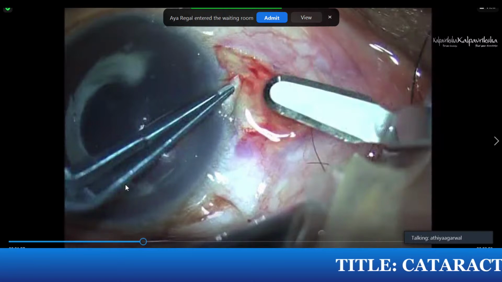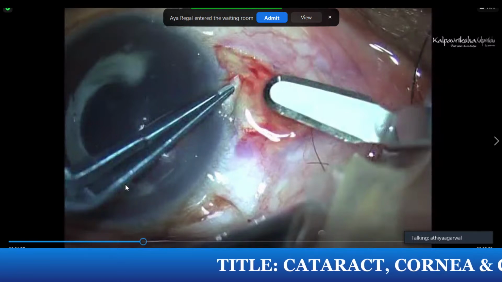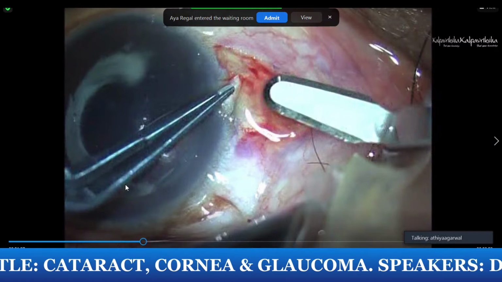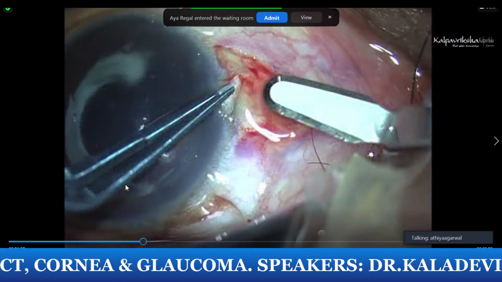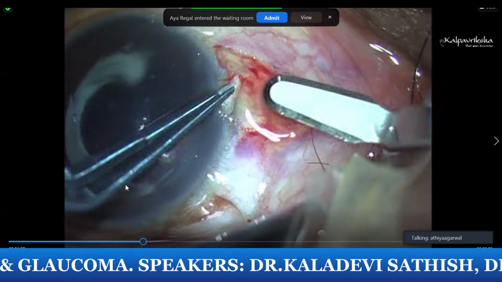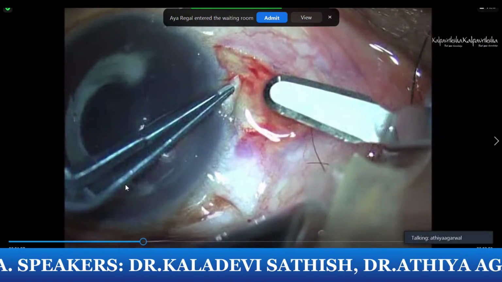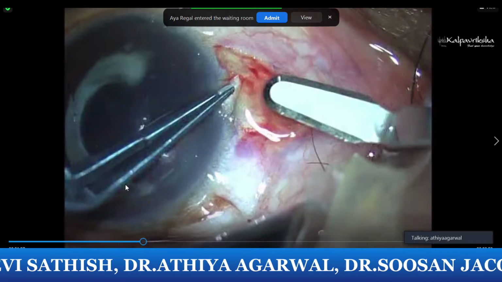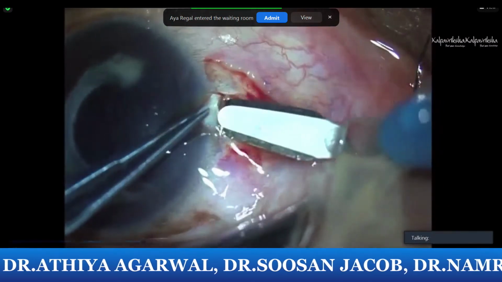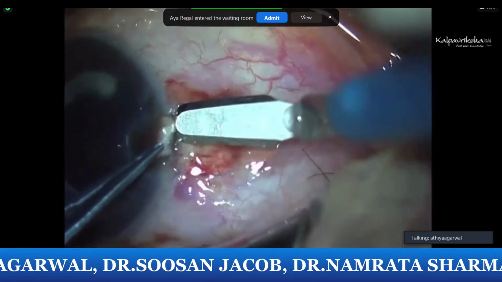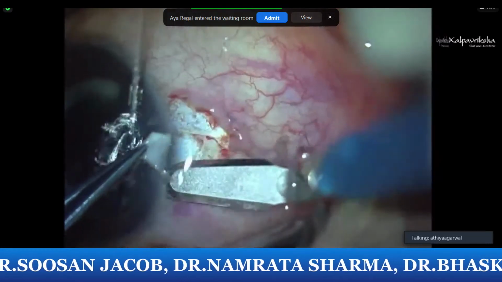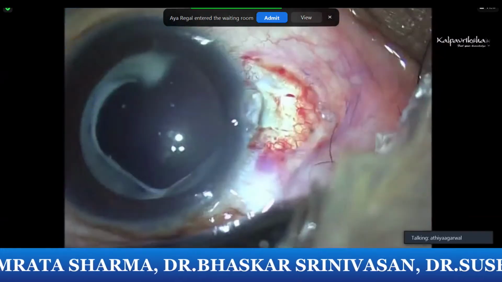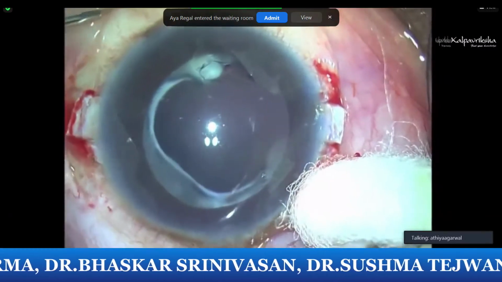As you are seeing on the right hand side, I have dissected a flap 180 degrees apart and I made a scleral flap just like any trabeculectomy flap, and I'm dissecting it. Play the video now. And I have dissected the flap at 3 o'clock. So I'm dissecting it up to the limbus. This is a partial thickness scleral flap. This is how a glued IOL is done, in which we take a 3-piece IOL and we implant it.